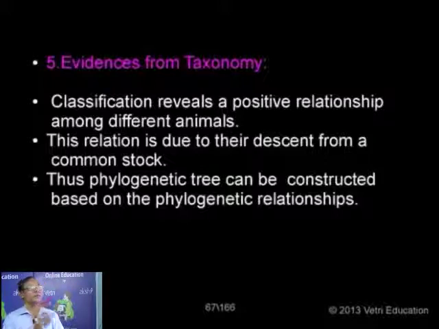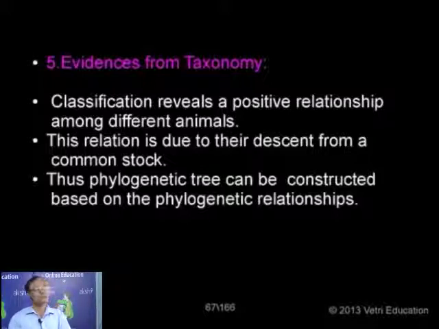While we are constructing an evolutionary tree from lower to higher, we have already studied convergent evolution, divergent evolution, parallel evolution, etc. All indicated that there is a positive relationship among the different groups of animals that is being revealed by the classification. While we are talking about the different methods of classification, in all cases there is only one central theme. According to actual lineage or according to complexity, the organisms have been arranged in hierarchy from lower to higher level, that indicated that there is a positive relationship.